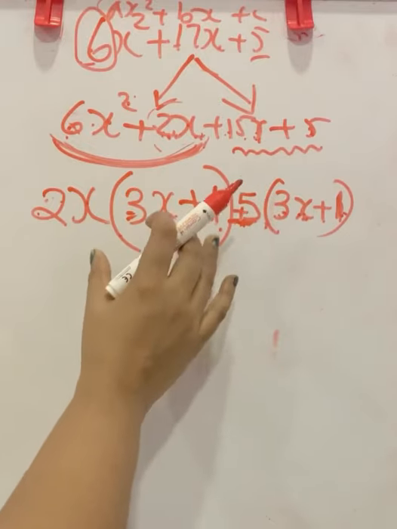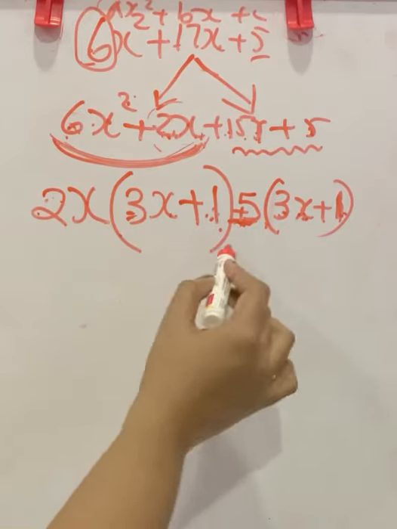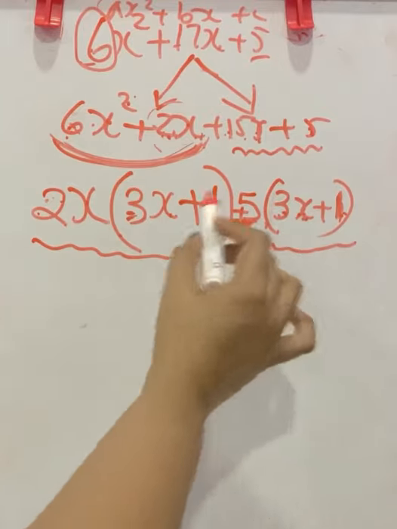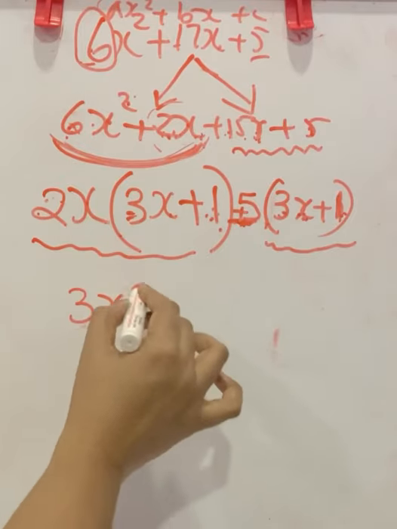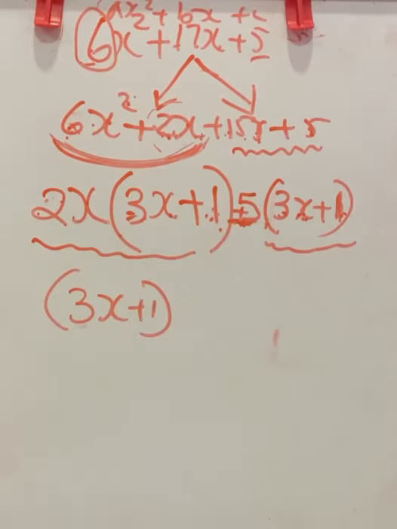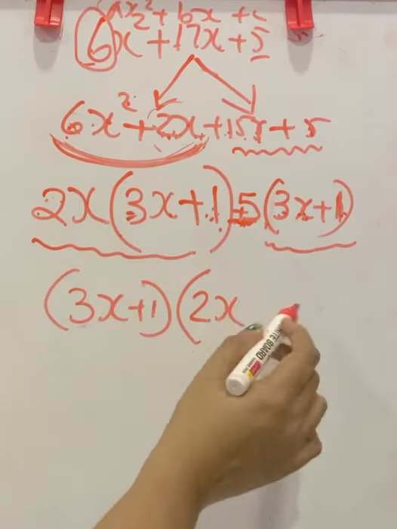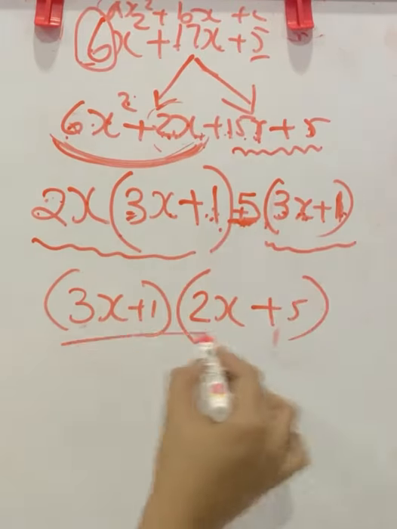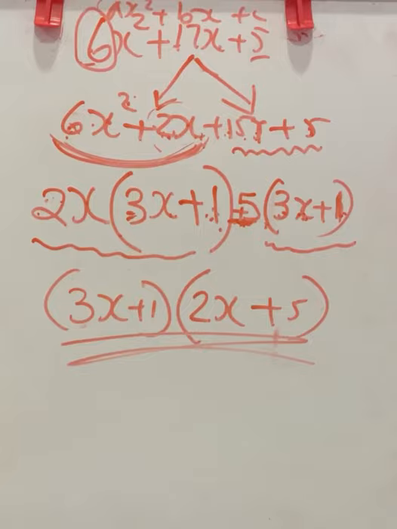Now, I told you why we are repeating this bracket here: because in the next step, we need this bracket as a common factor. Look, in this term and this term, the common factor is 3x plus 1. It is common in both terms. So we are taking 3x plus 1 as common from these two terms. From this, 3x plus 1 is taken, so the balance is 2x. From this, 3x plus 1 is taken, the balance is plus 5. Now we get the product of two linear polynomials. These are the factors. Now we can do exercise 2.4.